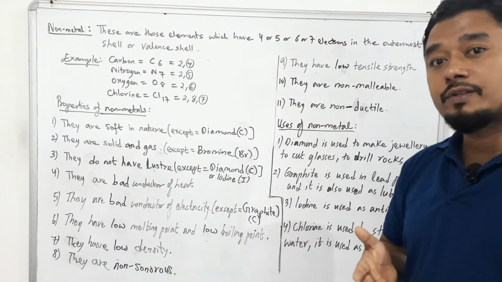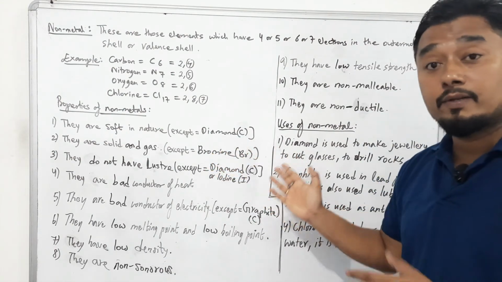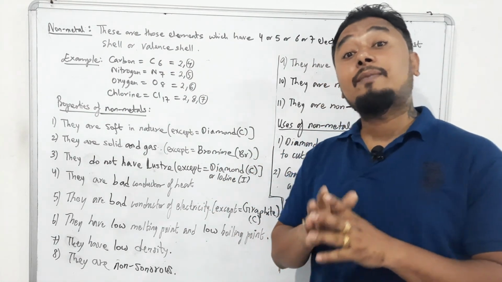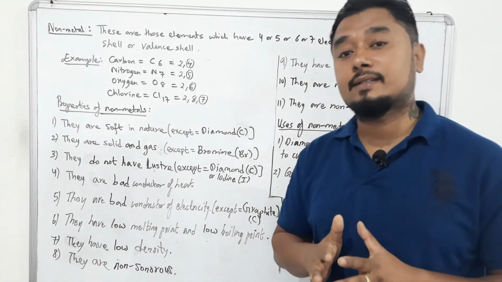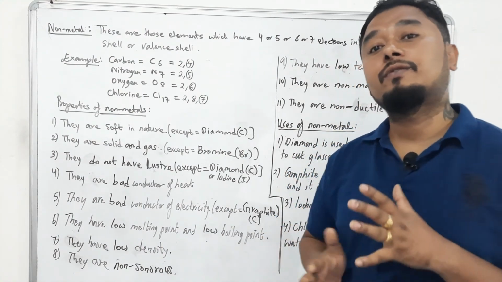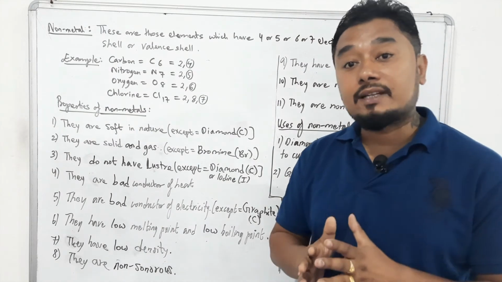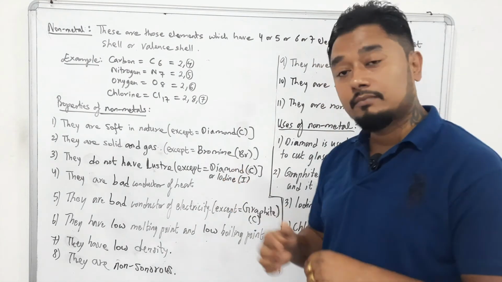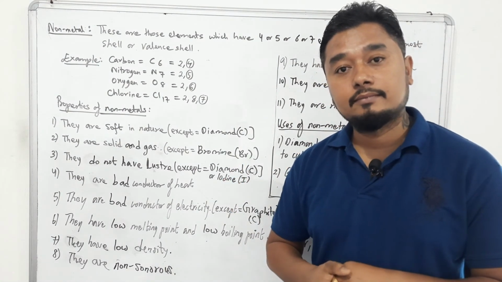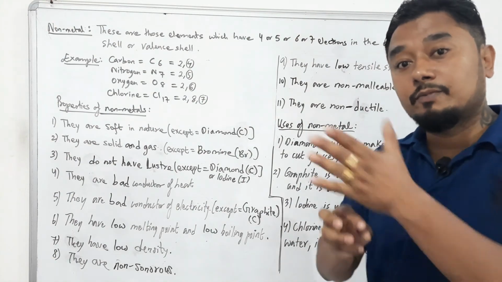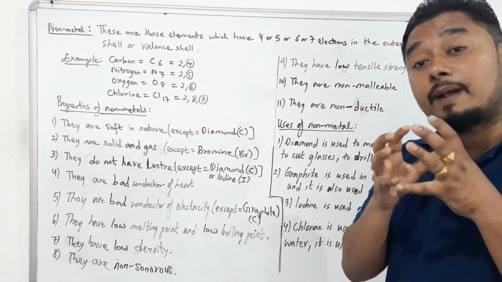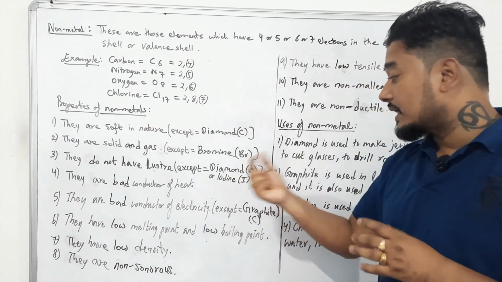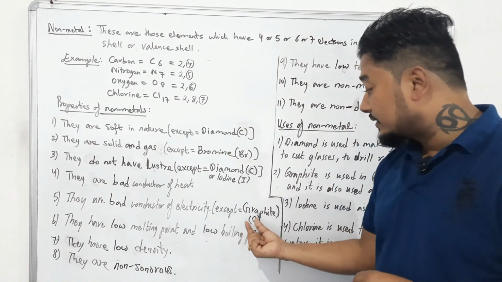Then you will remember the uses of metals and non-metals, whichever I have explained so far, or some from the book itself you can learn. Then the main important part is the exceptional cases of metals and exceptional cases of non-metals. So liquid metals are mercury and gallium at room temperature. Liquid non-metal is bromine. Remember that, objective questions. Metal which is soft is sodium, potassium, which can be cut by knife. Non-metal which is hard is diamond. Non-metal which has luster is what? Diamond and iodine. Non-metal which is a good conductor of electricity is what?